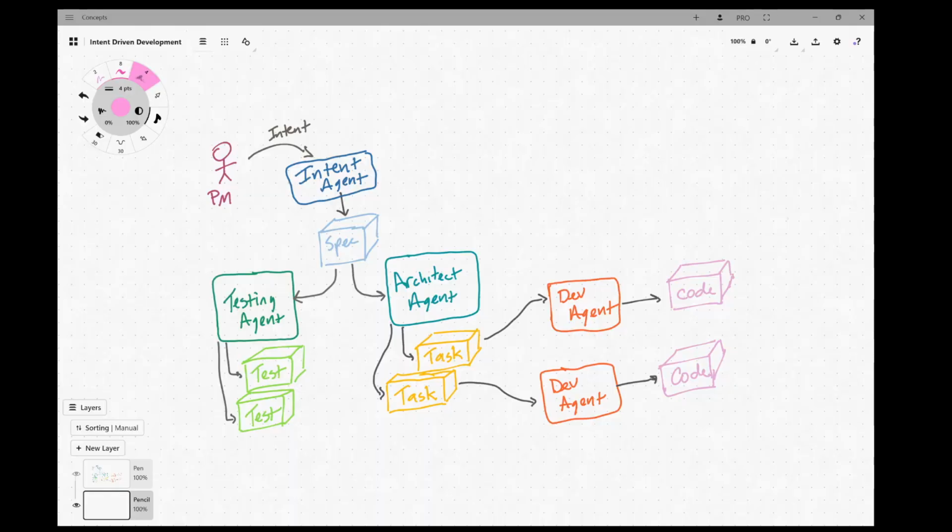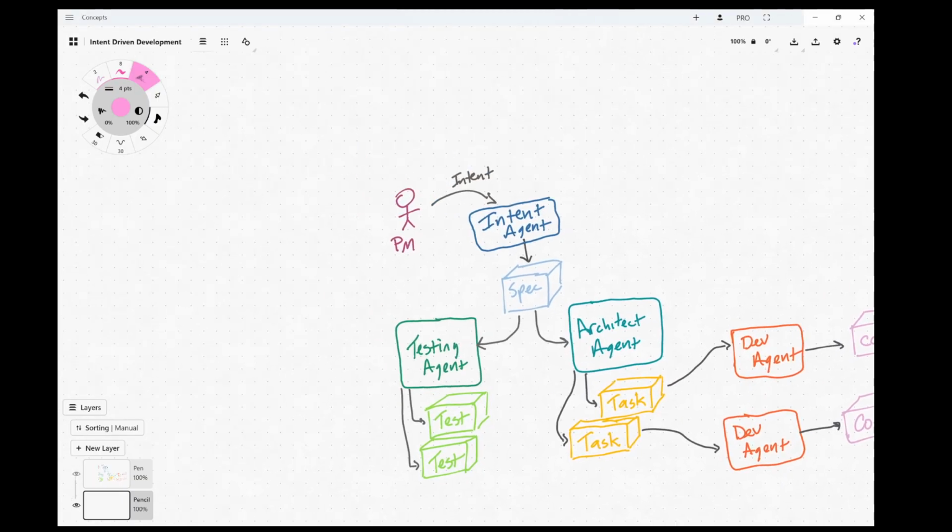All right, so today we're gonna start looking at the first bot that I created. This is the intent agent, or intent manager. So first off, let's get our bearings on where we are. I'm gonna switch to my little doodle over here. This is how I am seeing intent